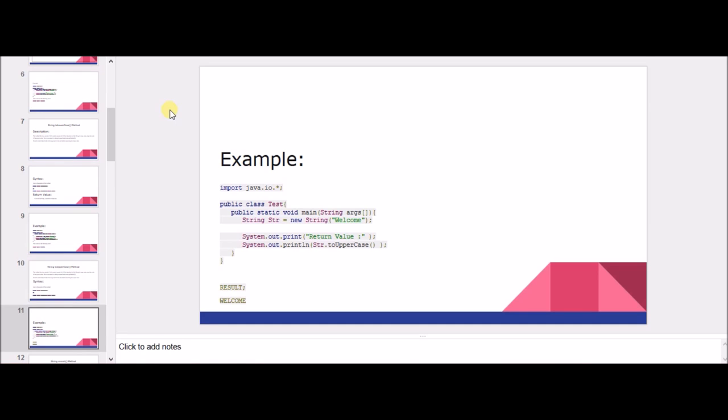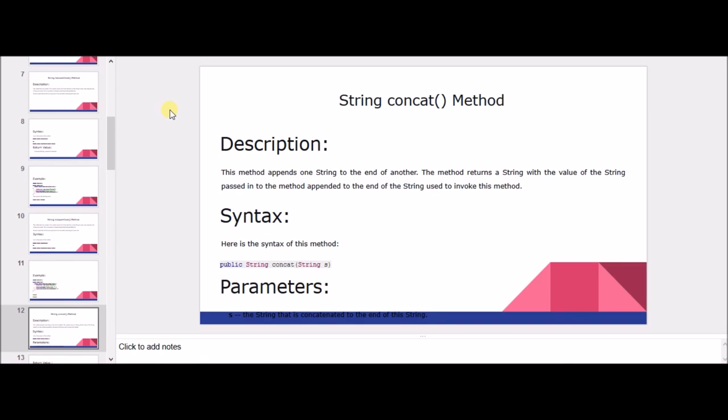Moving on to the next method, let's see about the string concat. This method is used to join two or more strings. The syntax for this method is public String concat(String s).